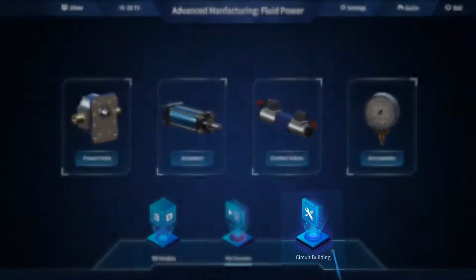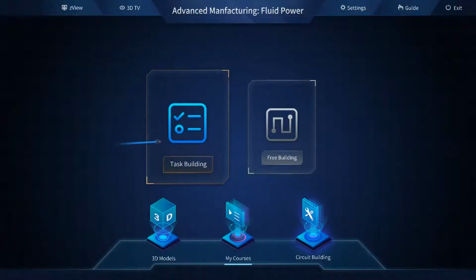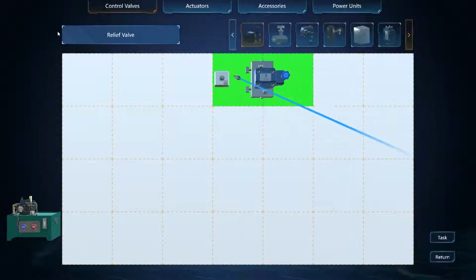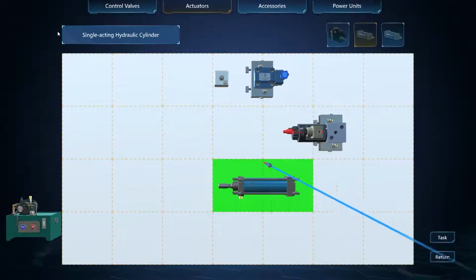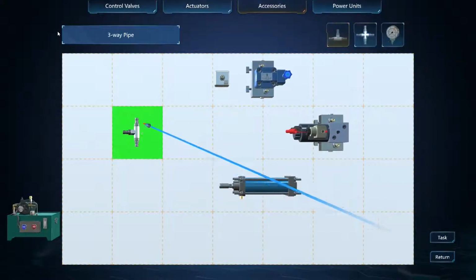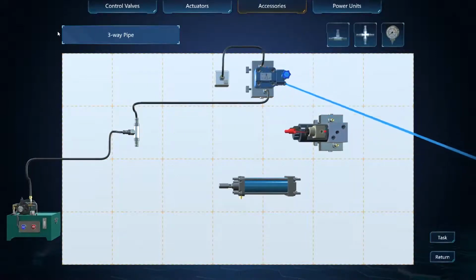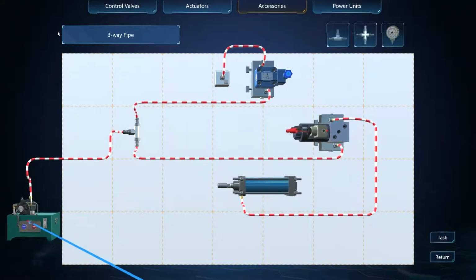Perhaps the most exciting feature of this application is the circuit building section. The circuit building section allows you to view a schematic drawing of a hydraulic system. Once you have an understanding of the power units, actuators, control valves, and accessories by exploring the 3D models, you can now complete the task of building the system described in the schematic drawing. Components can be assembled using a drag and drop technique, and you can check your work by watching the fluid